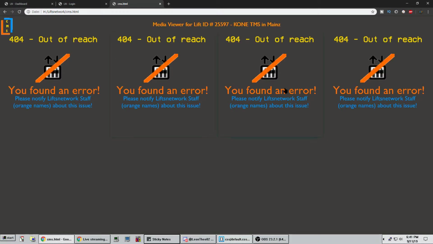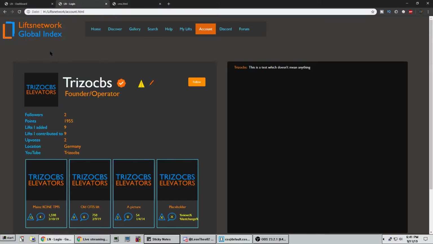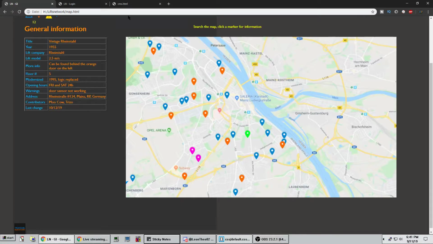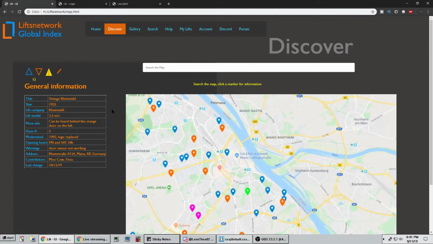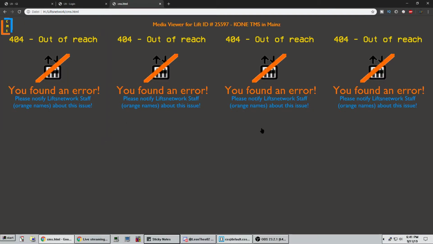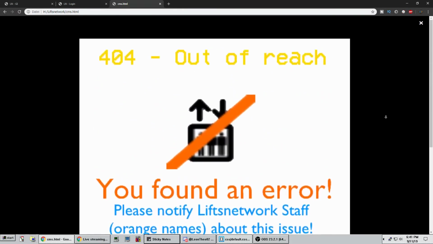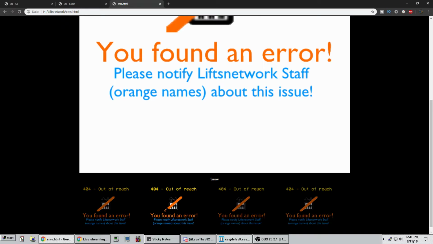cms.html. So you basically get an image viewer for each and every lift. If you're right here, it's going to be a button that says how much media there is, and then it's going to take you to a page like this, where you can do it like that. Obviously I need to shrink it down a bit. Then you can see the other pictures, the other media you got,